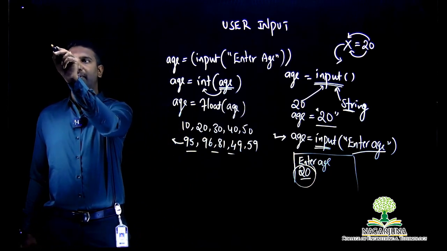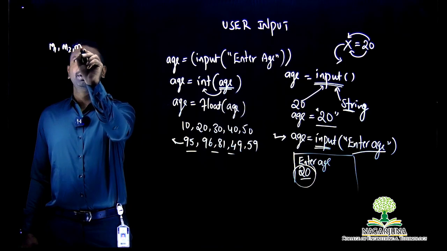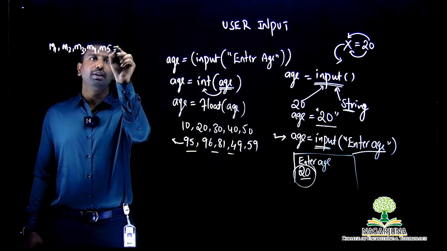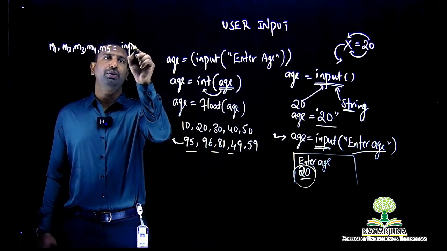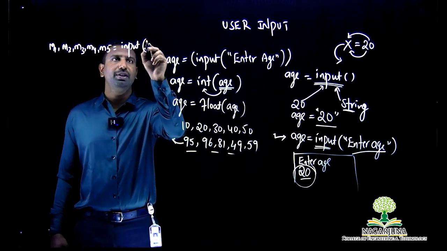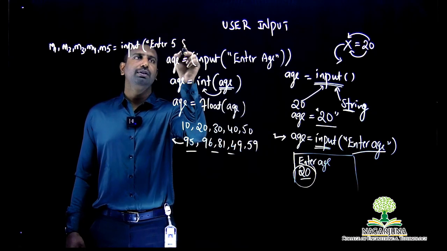I'll be using 5 different variables to store them. I'll be writing it as M1, M2, M3, M4 and M5. Okay. Then as I said, we'll be using a function called input. And if you want to specify that, enter the marks of 5 different subjects, you can specify that enter 5